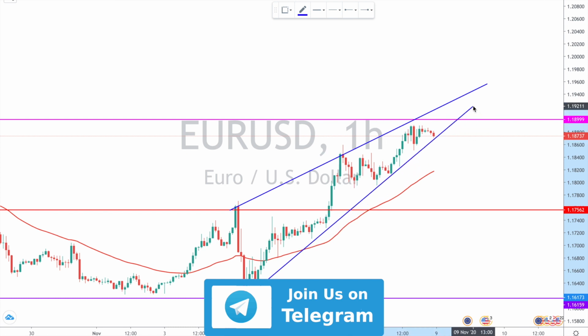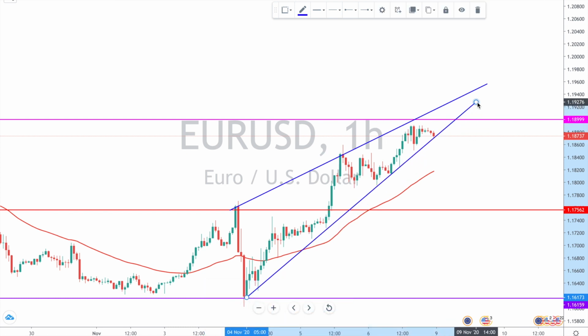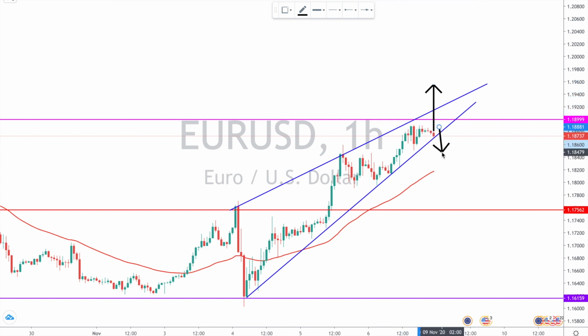And what we can see is that this is actually a rising wedge, a bearish reversal pattern. So if the price fails to break right to that level, we have a high probability of reversal. Once price breaks this lower trend line, and it would be even better for price to break the 50 EMA as well, we can easily initiate a short trade